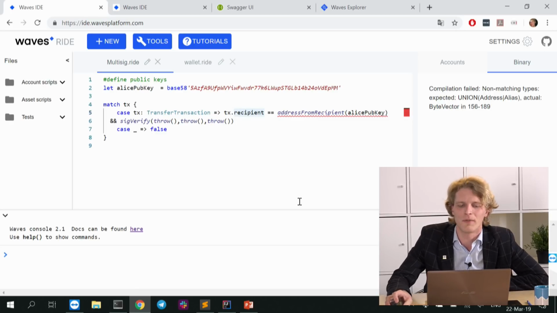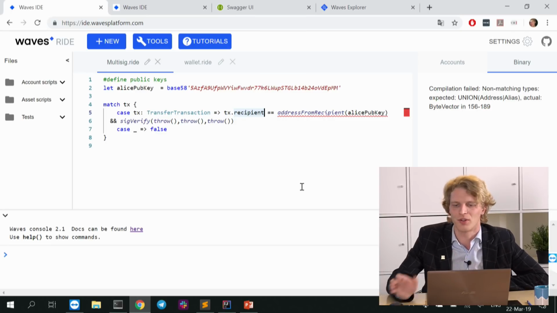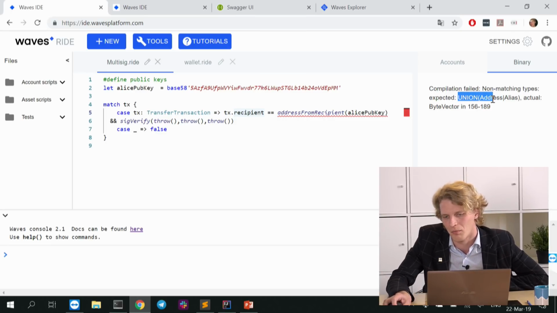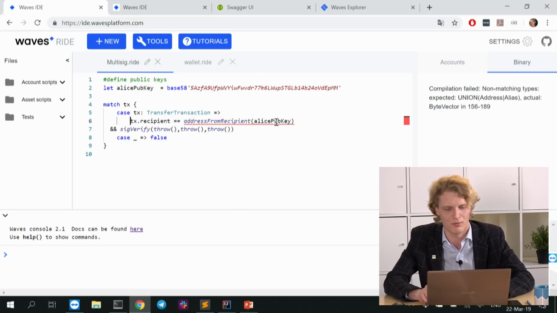Look, the compiler is really trying to help us, because the recipient could be not only an address, but it could be an alias as well. Yeah. So this is another point where we use union types a lot. So the recipient could be either this or that. Let's match it. Let's also match it.